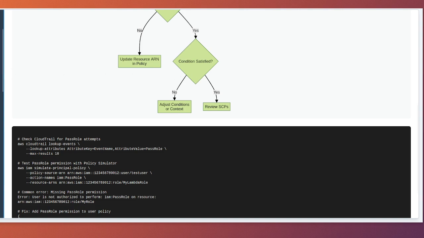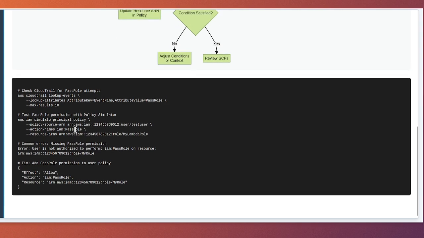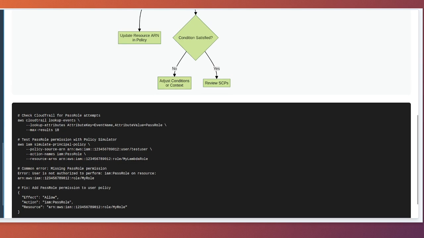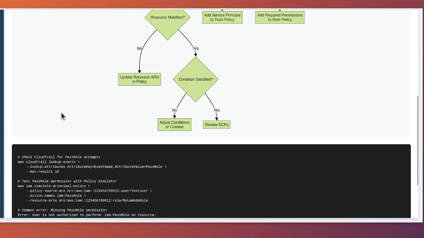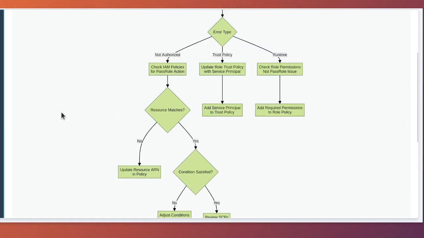If condition satisfied returns yes, we proceed to check 3, which instructs us to review SCPs. This means IAM policies look correct, so the issue might be a service control policy denying pass role at the organizational level. Going back to the error type diamond, the trust policy path leads to fix 2 labeled update role